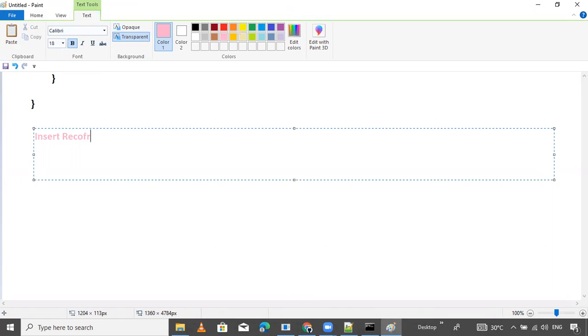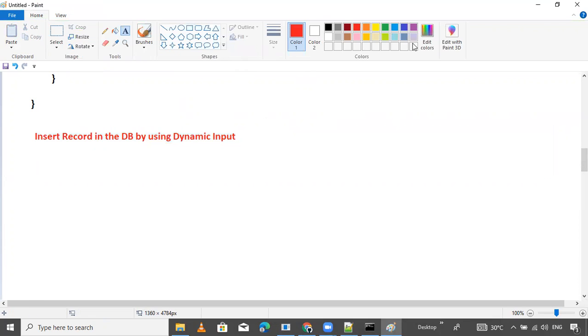Insert record in the database by using dynamic input. That's it.